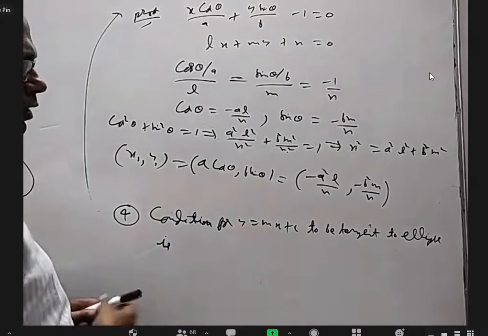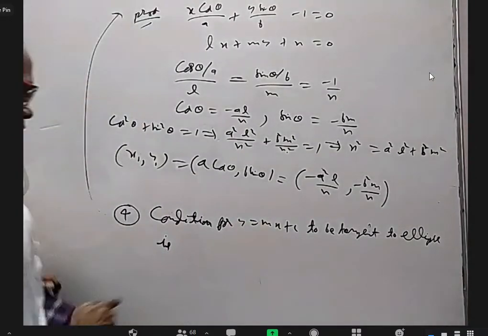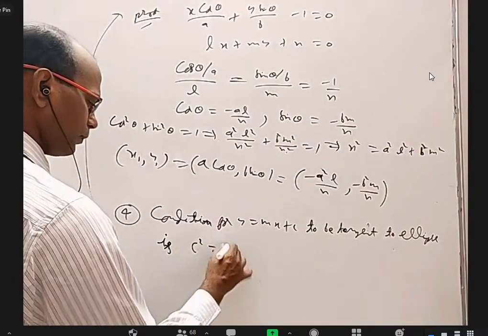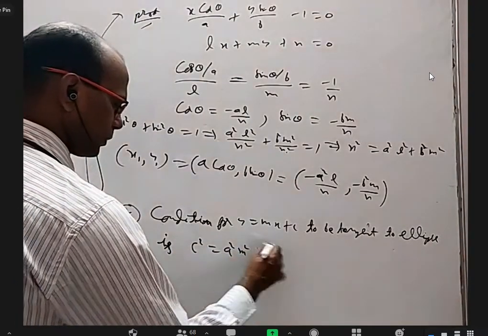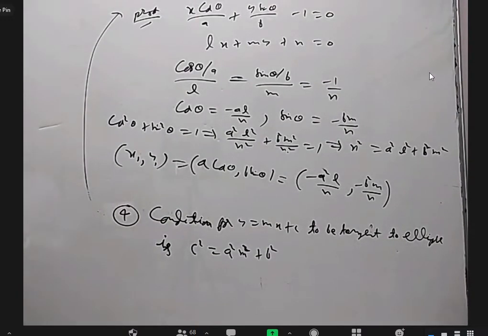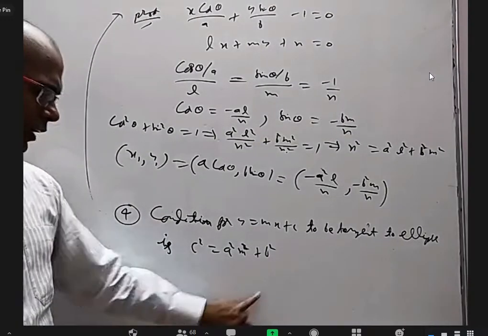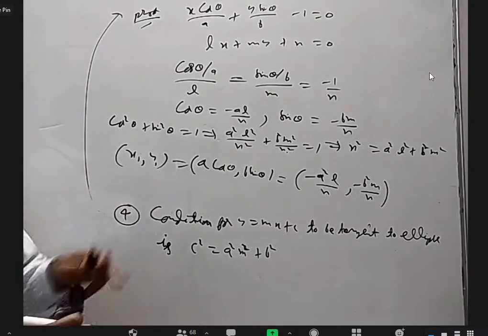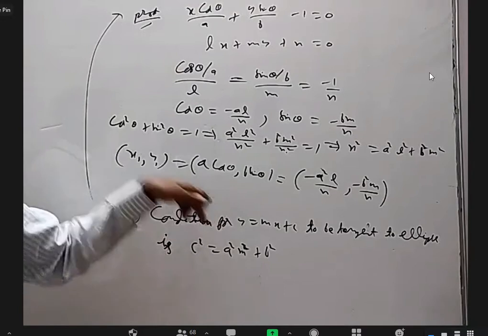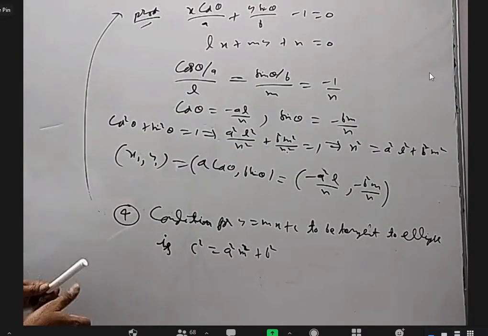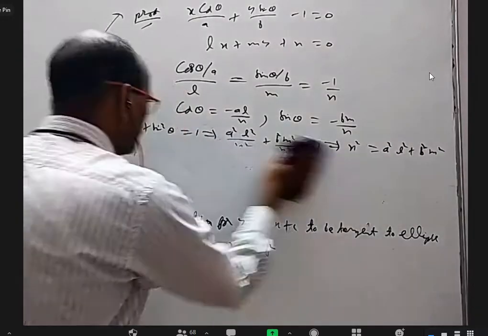The condition for y equal to mx plus c to be tangent to the ellipse is c square equal to a square m square plus b square. And maybe point of contact also we can write, I don't remember it. Okay. This we will not derive using the previous formula. I can compare with the general tangent or I will try to do it by the quadratic equation way, just to have a different idea.